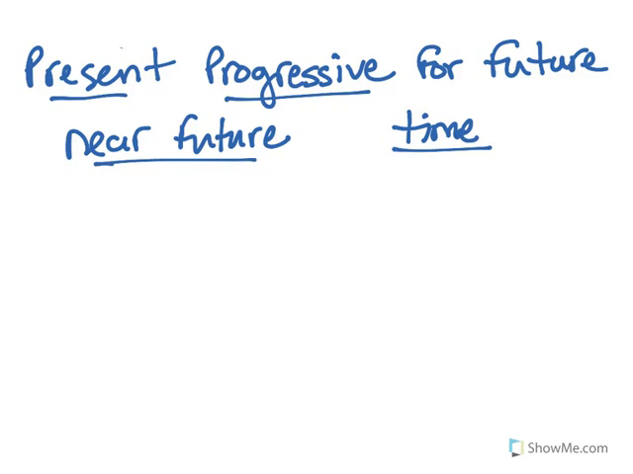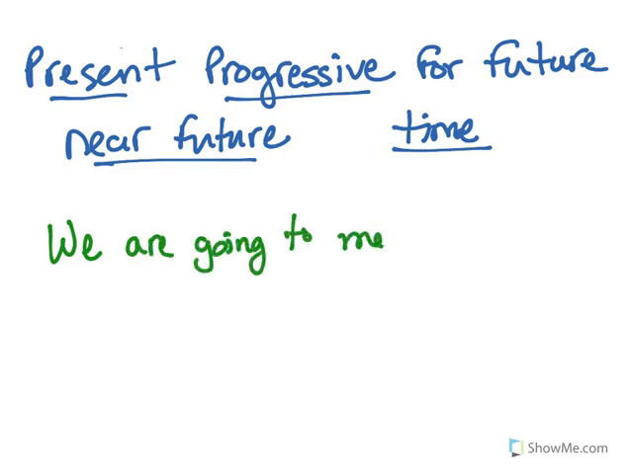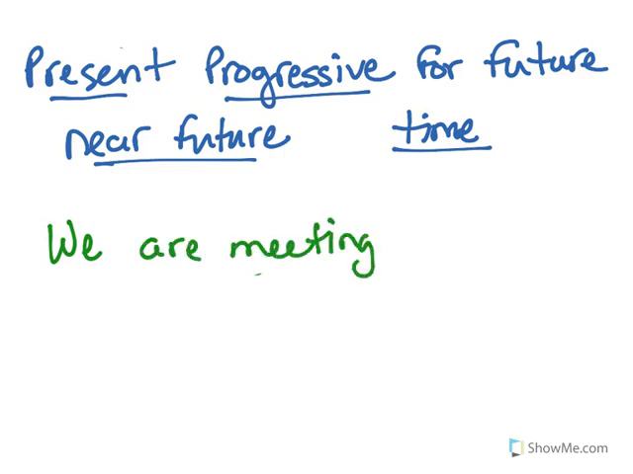So for example, I might say something like, we are going to meet at, oops, no, that is be going to. So we are meeting at the restaurant